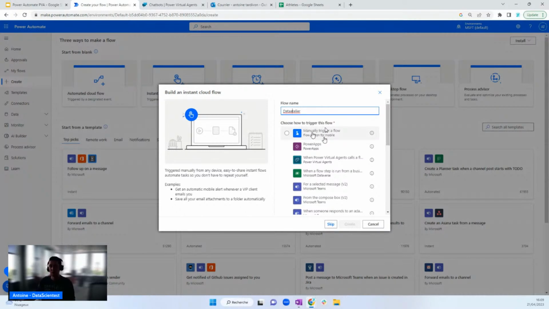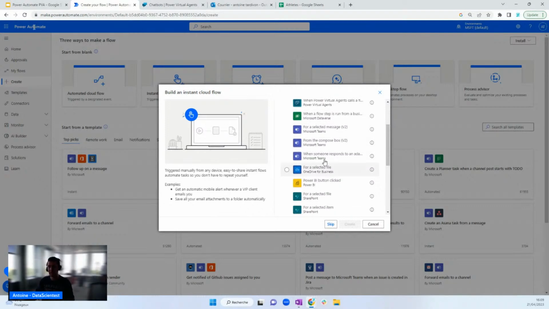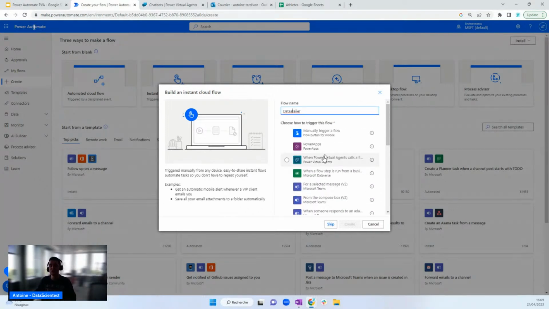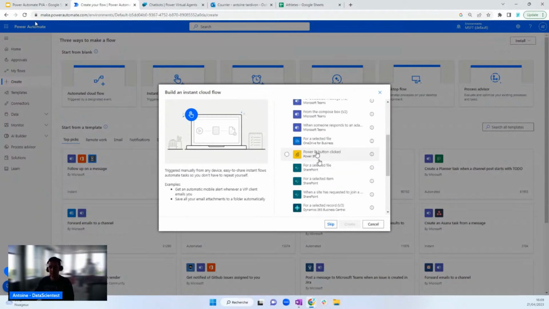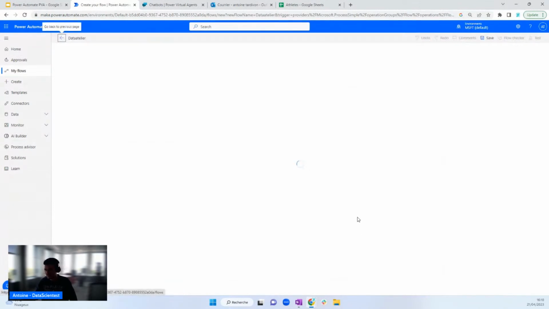I can just put a button on Power Automate, but I could also create a button on other tools of the Power Platform, like Power Apps, Power Virtual Agents, Dataverse, Microsoft Teams, Power BI, etc. For example, if I choose to create a button on Power BI, then when I am on Power BI, I will have maybe at the top of the screen a button to trigger my flow. Here, just for the example, I will ask it to create the flow here on Power Automate. So I click on create,